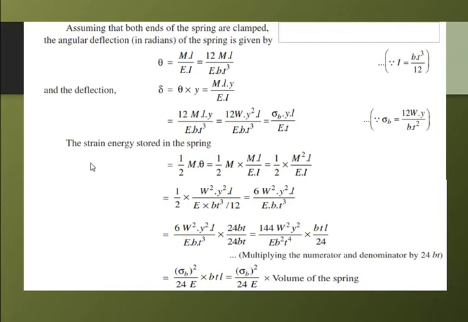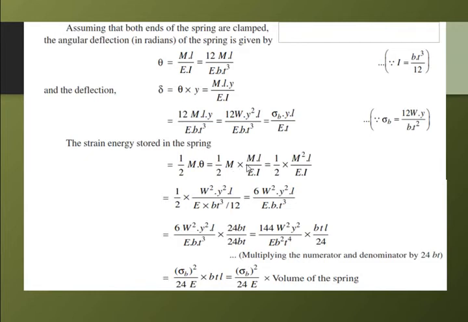And the strain energy stored in the spring will be half M into theta. If you draw a graph between M and theta, bending moment and deflection, the curve will form a triangle. The area under the triangle will be half base into height. The area will be the strain energy stored. Since it is half M into theta, and theta is ML by EI,